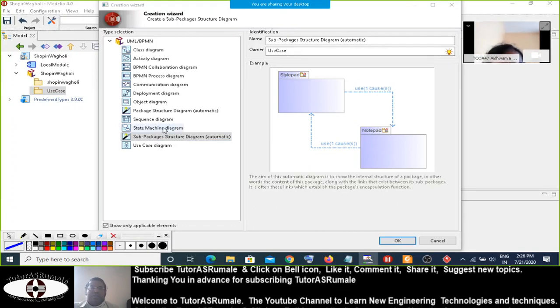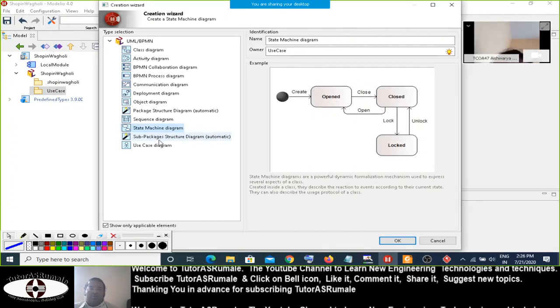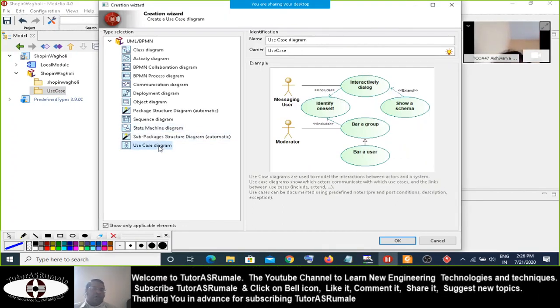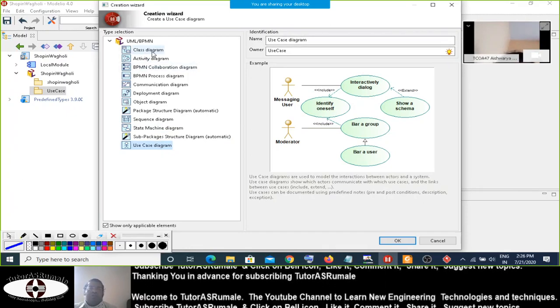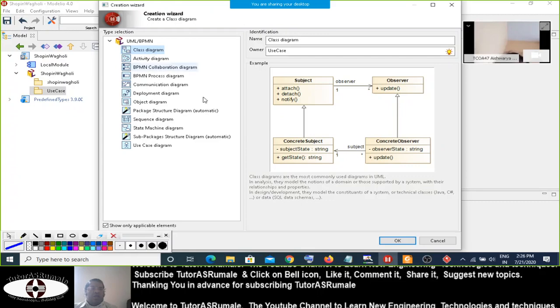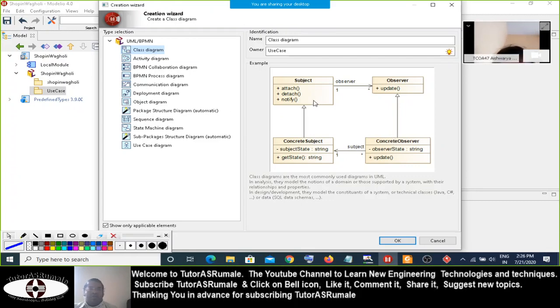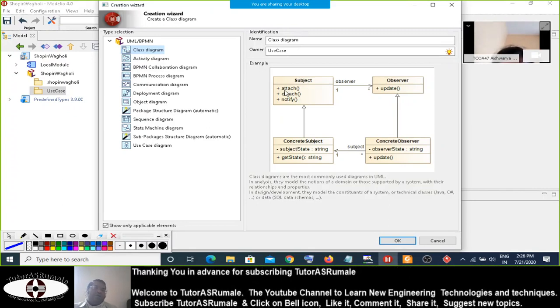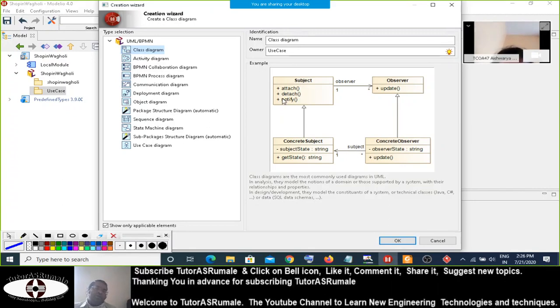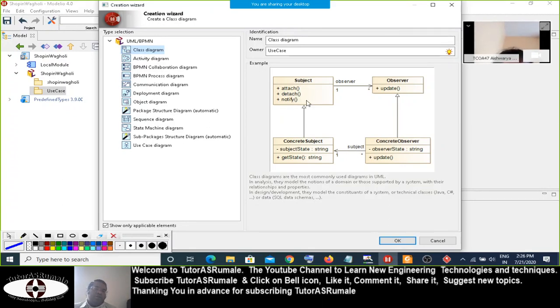Now the next is this. After the use case diagram, generally when in requirement engineering you get the complete use case diagram, you should simply go to the class diagram. Class diagram is the architecture. For example, here you have subject as a class. What does this subject have? Attach is an operation, detach is an operation, notify is an operation.